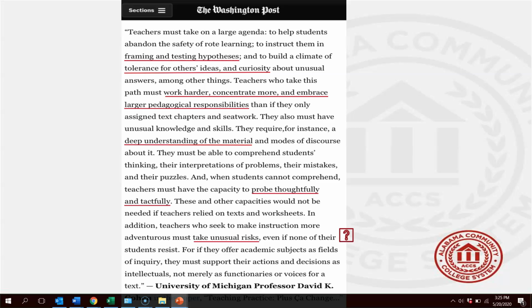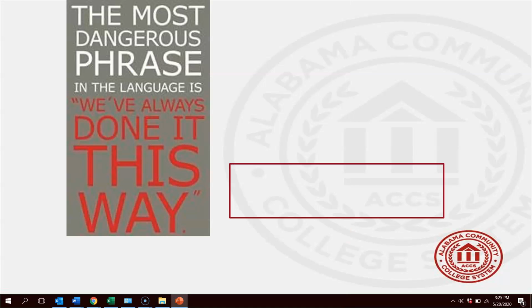A teacher told me one time that she tried those group discussions and students didn't like them. I said, well, what'd you do? She said, well, I'm not doing those anymore. I said, well, whoa, hold on a minute. You might want to poll them because I bet they don't like final exams, homework. There's probably a bunch of stuff they don't like, but we're not going to throw it out just because they don't like it. We're here to provide what they need, not necessarily what they may want. So our challenge is finding a more effective way to get it done.